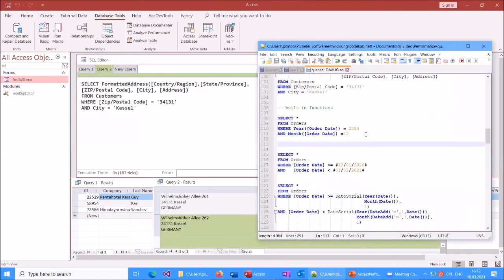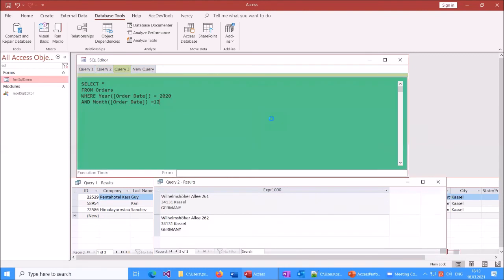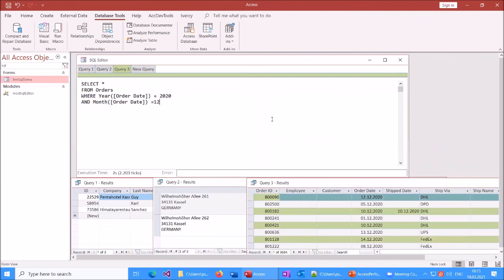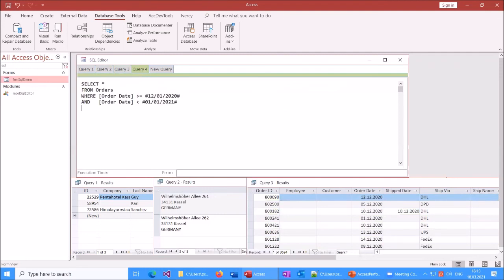Okay, and something I see very, very frequently, and that is queries for dates. This query will return all the orders for December, the 12th month in 2020. And we run it, and it takes about 2 seconds and a bit. And I'm actually always surprised how fast this is. But nevertheless, it can be rewritten in a much more efficient way if we use